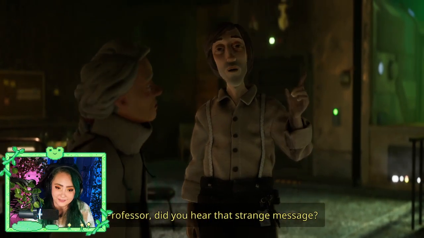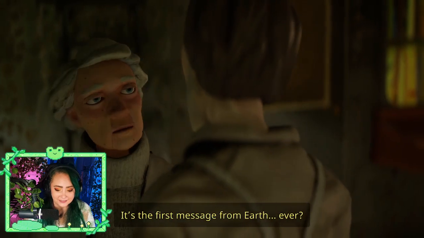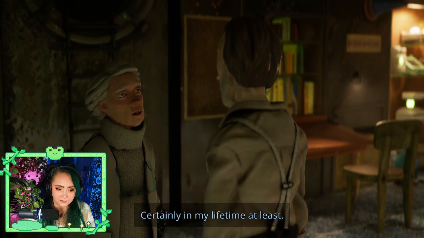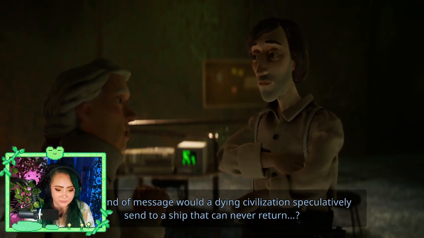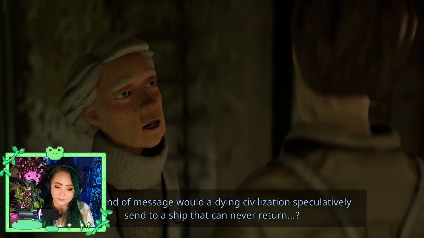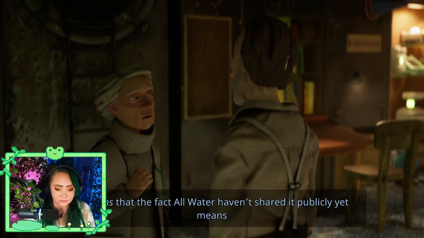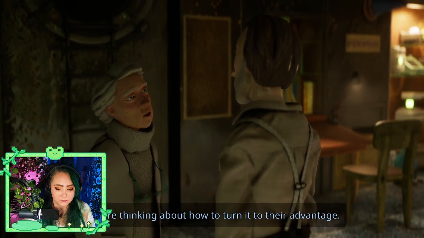Professor, did you hear that strange message? It was hard to miss. It's the first message from Earth. Ever? Certainly in my lifetime, at least. I wonder, what kind of message would a dying civilization speculatively send to a ship that can never return? What do you think it means? It means that the fact Allwater haven't shared it publicly yet means they're thinking about how to turn it to